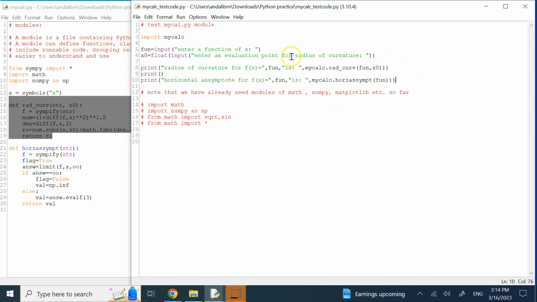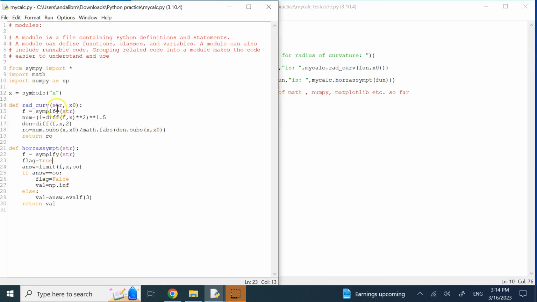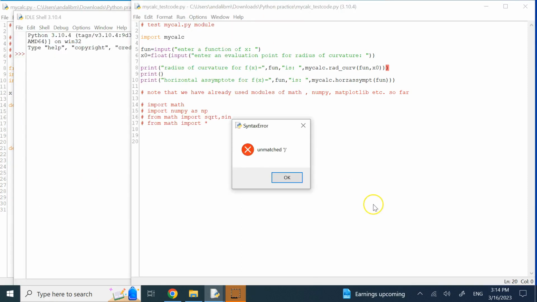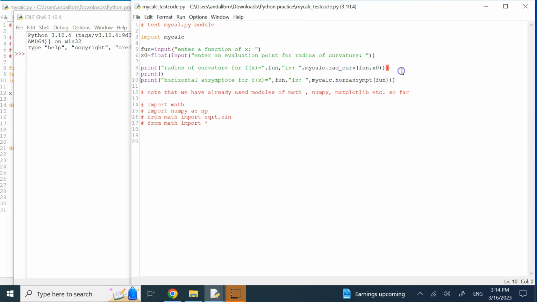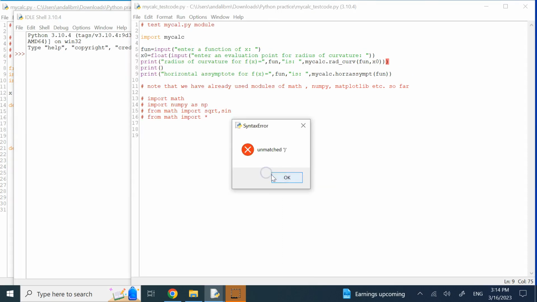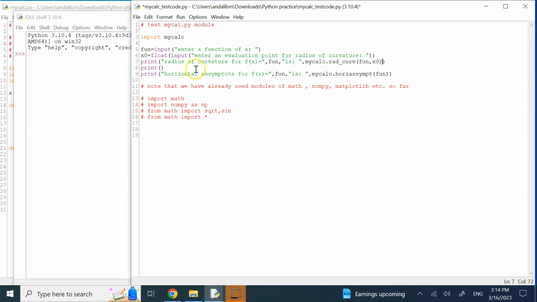Okay, so let me first run this so you see the result, and then I explain what I did in these two functions. So here we go. Let's go ahead and run. Seems like I used too many parentheses. Yes, there is one here that I should get rid of, and probably one here. So let's do it again. Just deleted this, right? Okay,